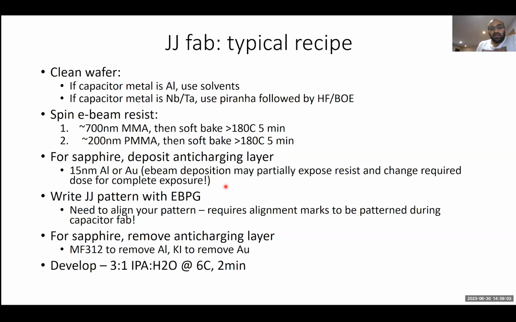If you're on silicon, because silicon is conducting at room temperature, you don't need an anti-charging layer. And then you just write your junction pattern